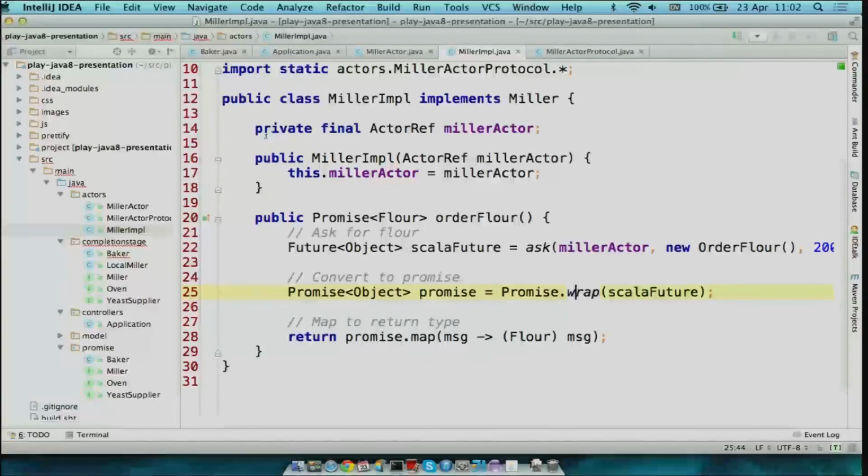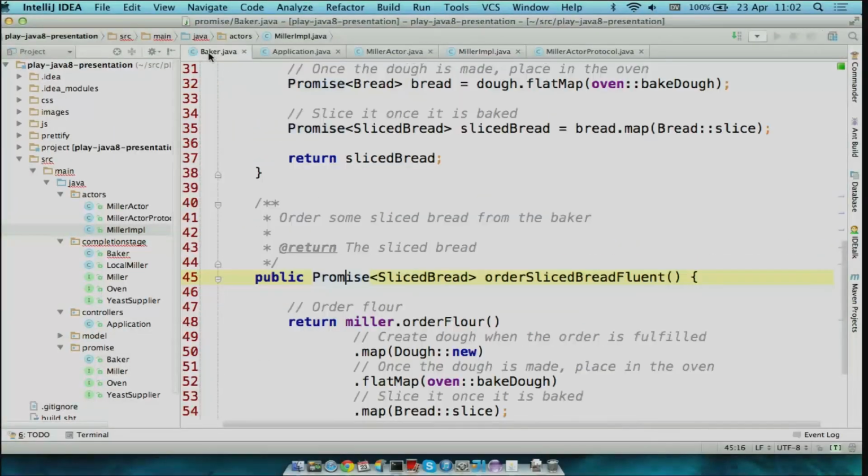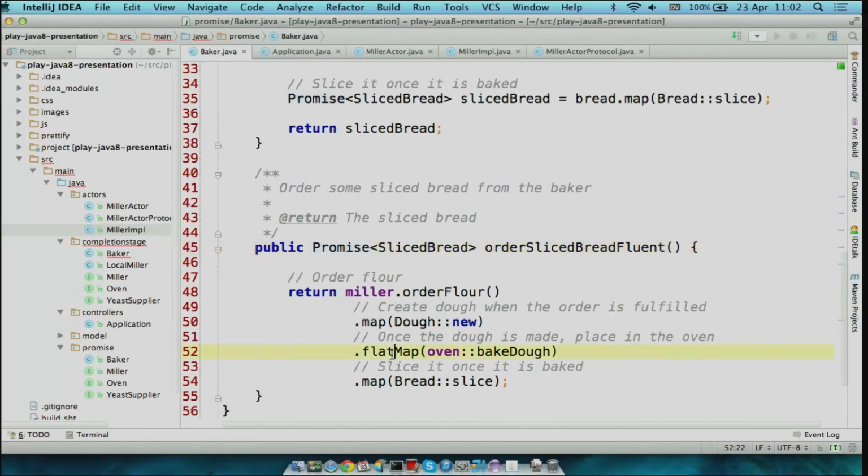If we go back to our baker, and we've got this flat map method here, that flat map method is actually all a monad is. Anything that has a method that looks like flat map, or in the case of completion stage, thenCompose. So in other words, a method that takes a function, in other words, something that is a container of something and takes a function that takes its type and returns a new container of a new type, then that's a monad.